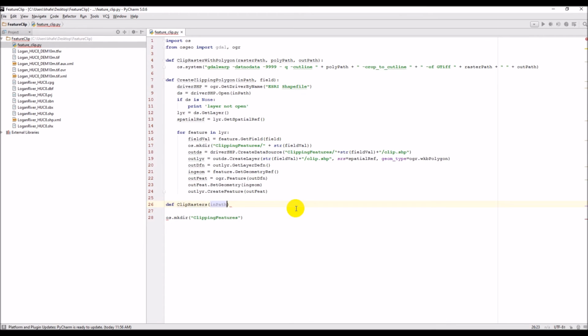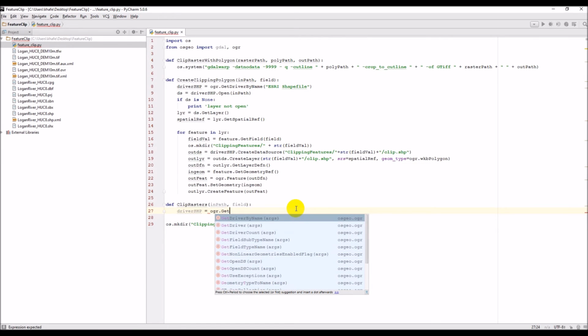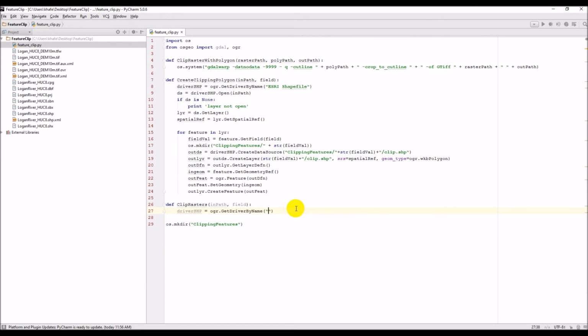And the in path, which is going to be the input shapefile, and the field we want to use. Okay, and then we need to get a driver again. So same thing, driver shp, ogr.get driver by name, and this is Esri shapefile. Okay, and we've got that, and now we need to open our input